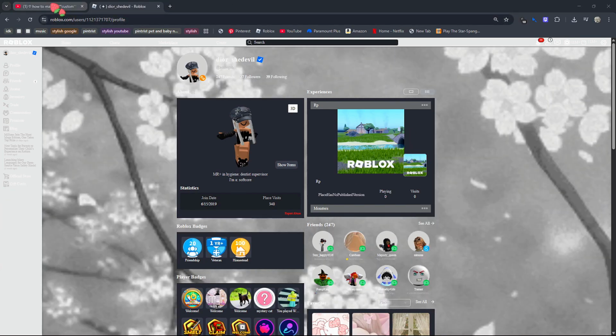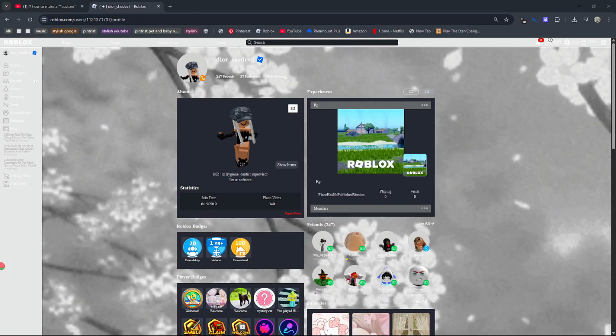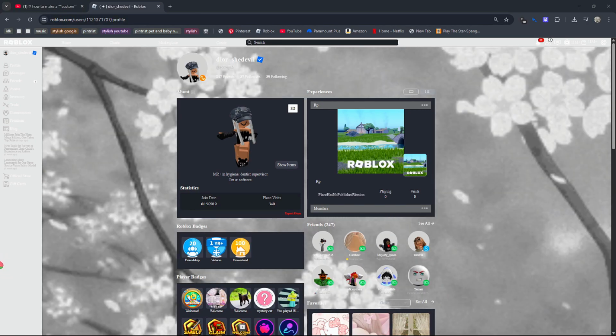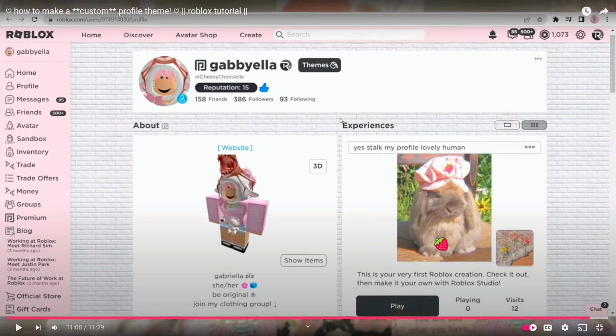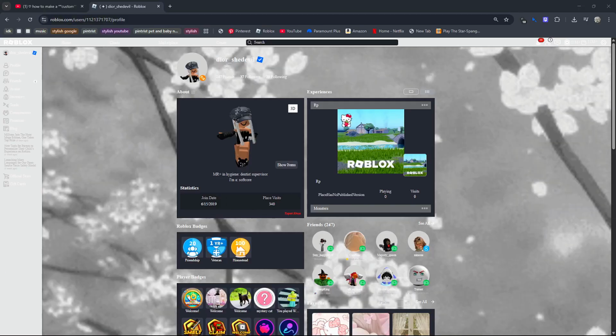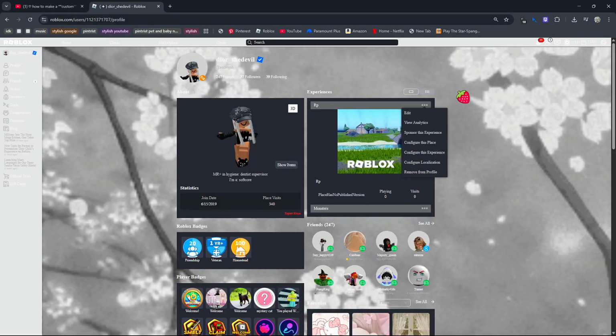Okay, now I'm gonna also show you this right here. Yes, this. I'm gonna show you how you can make this right here. I'm also gonna show you what RoPro does and how to use it and everything, including the cursor. I feel like I've said the cursor multiple times. Okay, so to make what she has on,